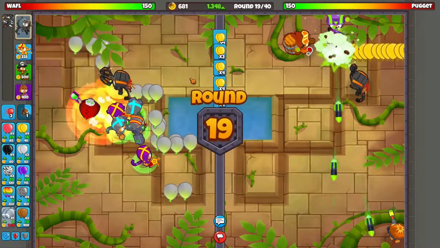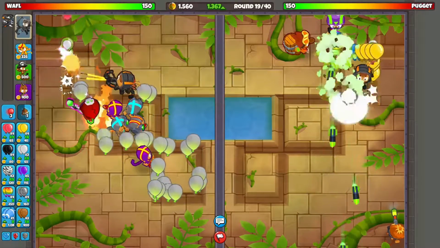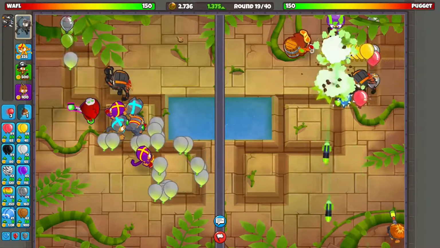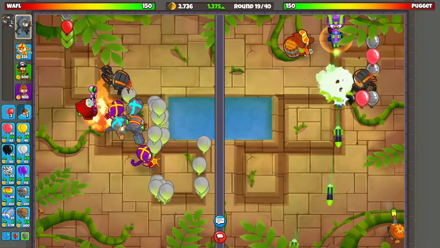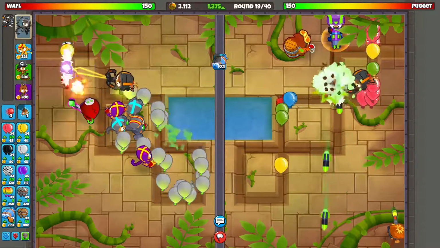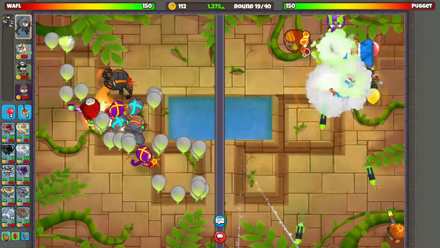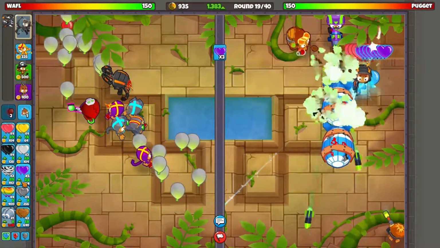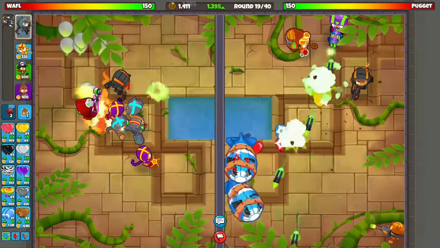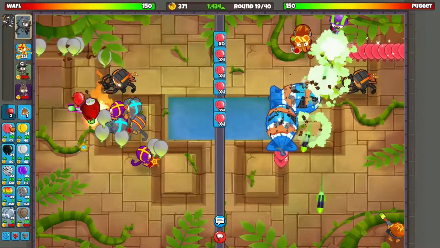So he's being super aggressive. I'm not really sure why. But we'll save just a little bit of money, I would say about 2, so we can have enough for 2 fortifieds. 1, 2, and then behind that. That's what we're gonna do. Let's try to block his